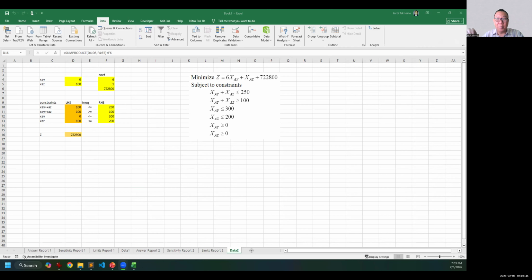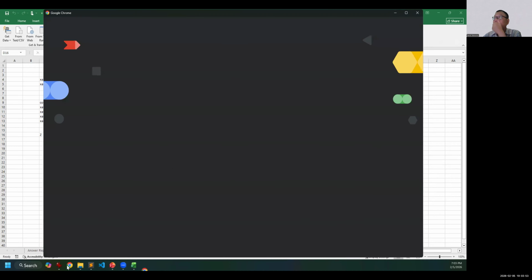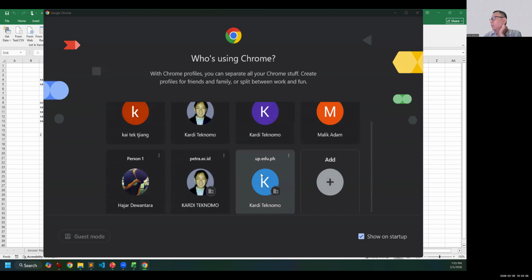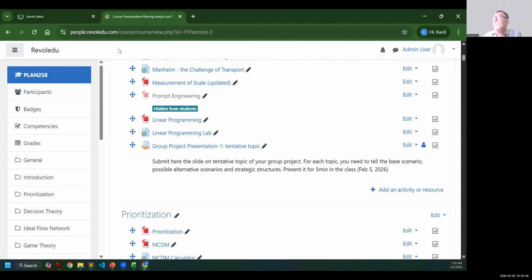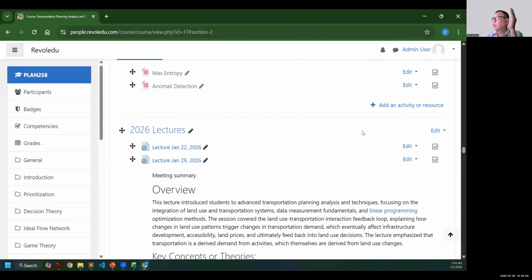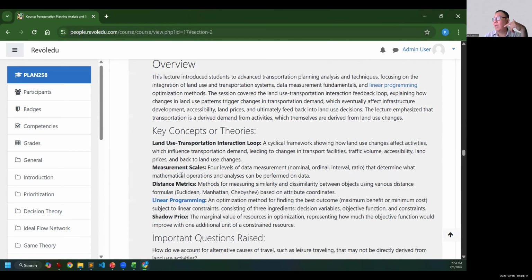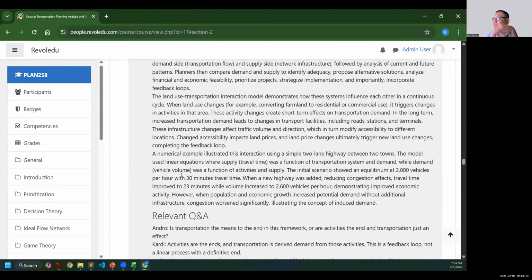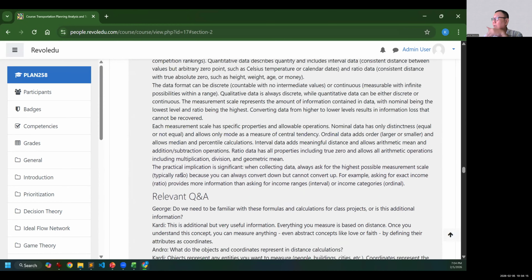I will put it on YouTube, and then the link will be in Moodle. If you go to the Moodle in level 2, and then you go down there, 2026 lecture, all the lectures will be there, including the Zoom AI.